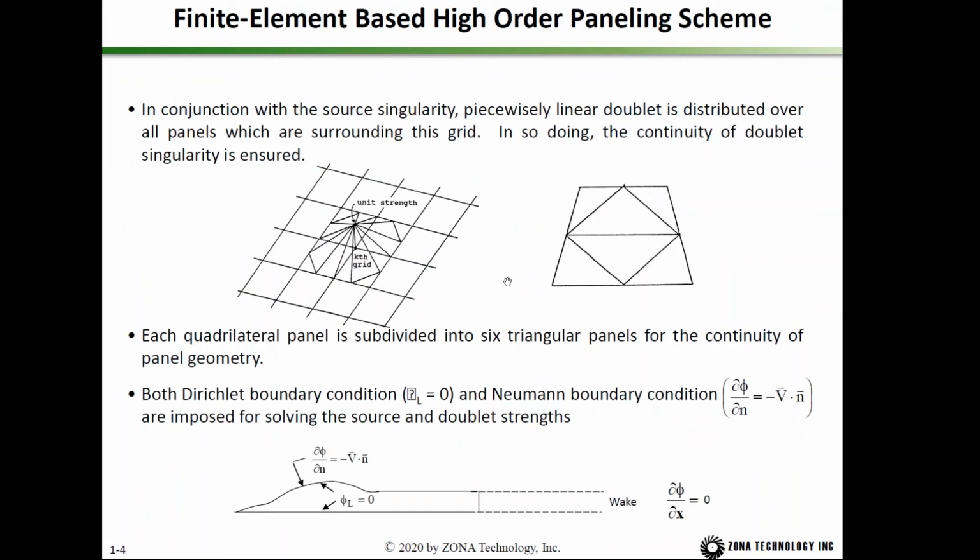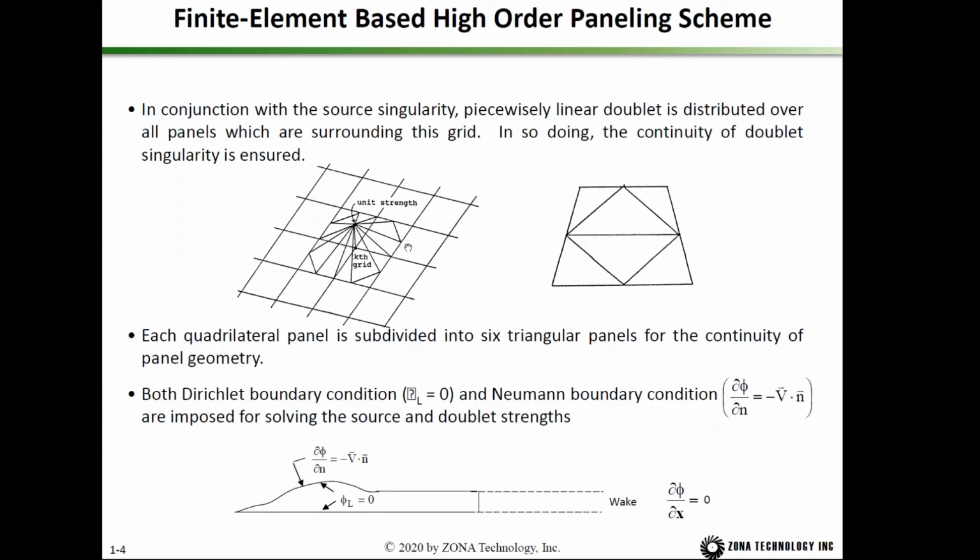And ZONAIR is based on a high-order paneling scheme. So at each grid, ZONAIR places a unit doublet strength, and then on the panel, the doublet strength is a linear distribution, and then we put a constant